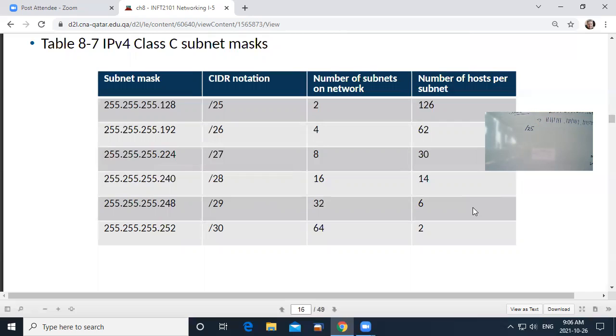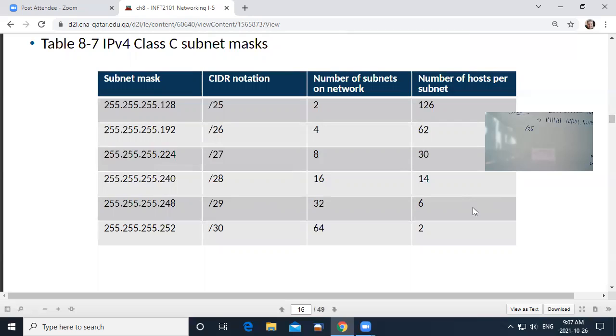So if you say, oh, I've got the C class address, I'd like to break it up into some more networks. All right, so how many more networks? I want to have 2 networks. Okay, so a C class address is by default /24: first 3 octets, each one with 8 ones in it, right? 8 times 3 is 24. So my subnet mask is 255.255.255, and I want to divide that into 2 networks. Well, I'll go to /25. That's one more than the /24. I'll be able to get 2 networks. Each of those networks will have 126 hosts in it. Why? Because 128 minus 2, for the reason that I just explained, I hope.